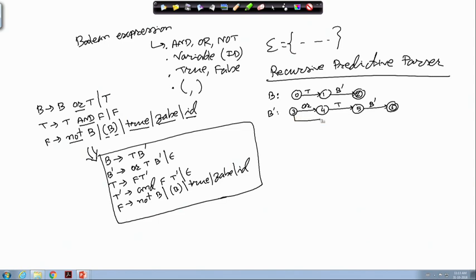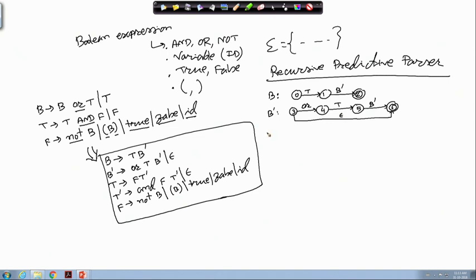So, we will have another epsilon transition added like this. So, this is the epsilon transition. So, that is about these two things, that is, we have this B and T.